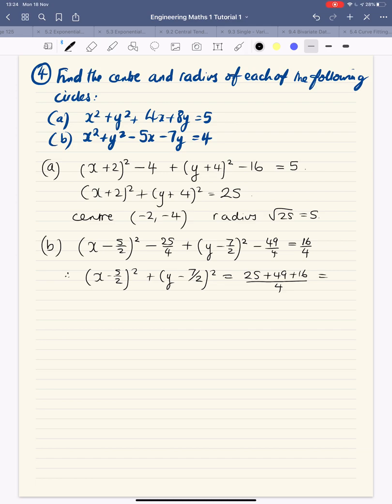So that's 74, 84, 90 over 4, which is 45 over 2. Okay, so then we're going to have the centre, 5 over 2, 7 over 2, and the radius, the square root of 45 over the square root of 2, square root of 9 times 5 over root 2, 3 root 5 over